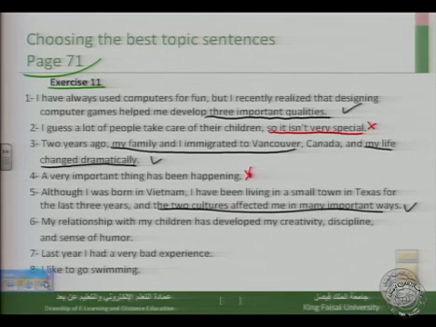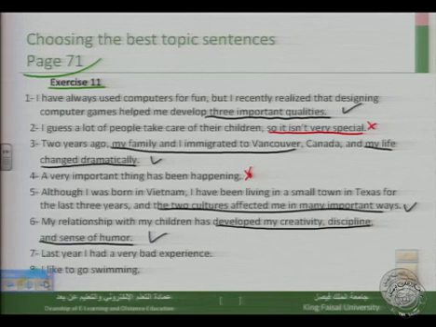Number 6: "My relationship with my children has developed my creativity, discipline, and sense of humor." Very good. Here the controlling idea is developed my creativity, discipline, and sense of humor. In this topic sentence, we can clearly see that the writer is going to speak about 3 qualities. The first quality is creativity: being creative, using his imagination, and having new ideas. Discipline: being well organized and following the rules and standards. And then the sense of humor: knowing how and when to laugh, and knowing about the funny situations. So here the controlling ideas are there, and we think that it is a good topic